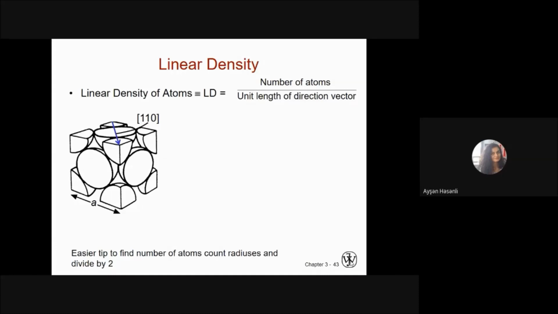So hi, today we will continue with chapter 3, part 3. We will talk about linear density. So what's linear density? We have a direction, this blue one over here, and on that direction you can see some atoms. This direction goes through some atoms, and we can calculate how full that direction is. In order to do that, you have to calculate number of atoms on that direction and divide it by length